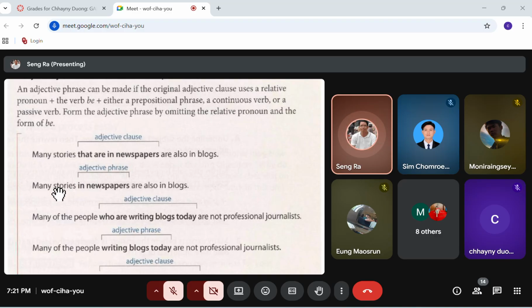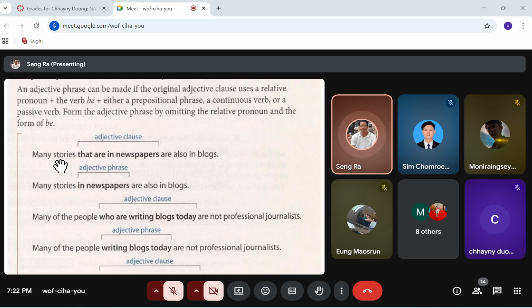Now, to make it shorter, in order to avoid wordiness, you can reduce it to an adjective phrase. As a result, you say many stories in newspapers are also in blogs. Many stories that are in newspapers. So this is a clause, because we have a verb here. But here, from the result of the reduction, you can see many stories in newspapers are also in blogs. So they have the same meaning,